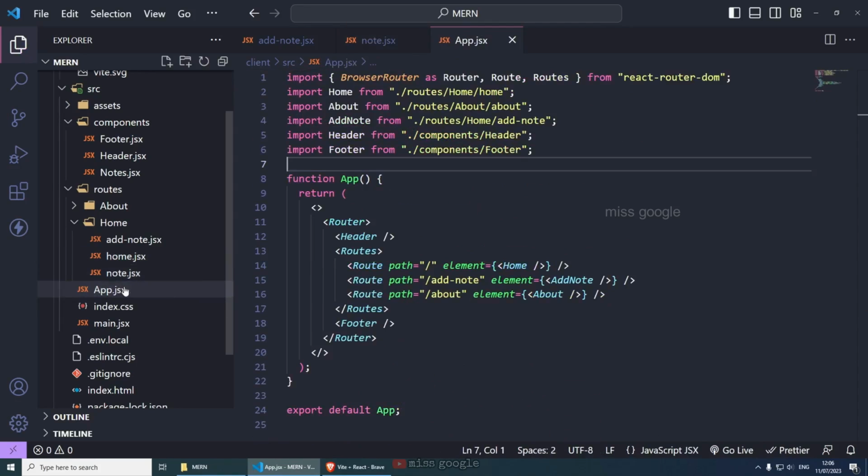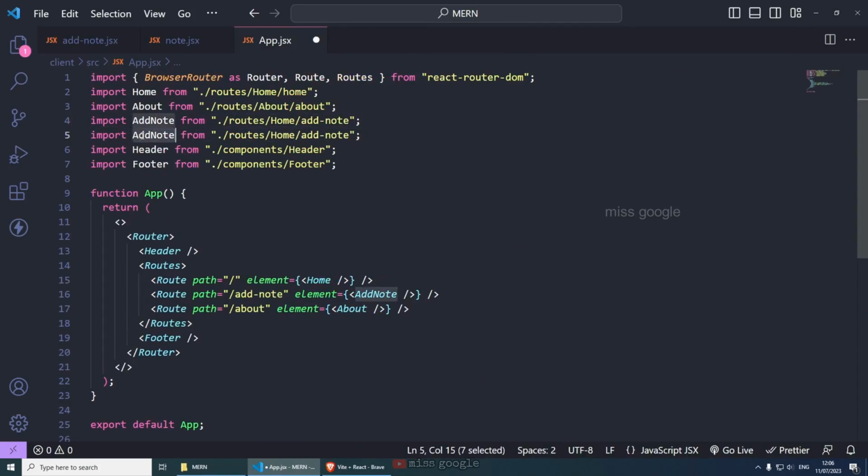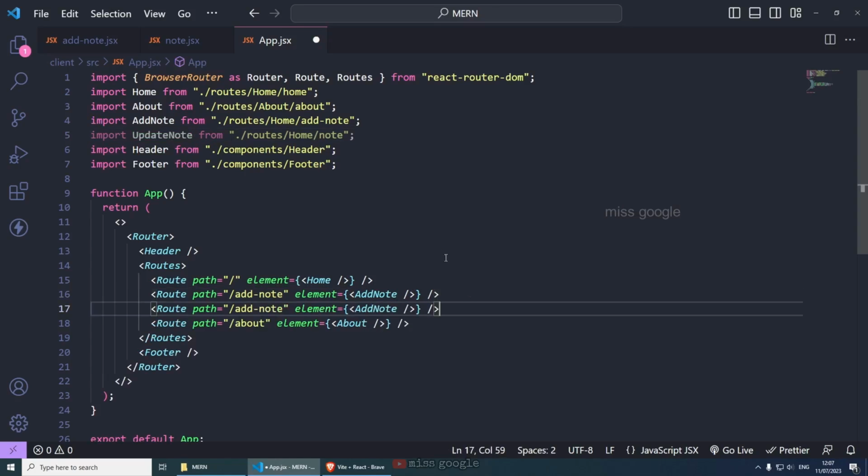We do need to include this into app.jsx. So add note, we're going to do update note maybe, or view node, whatever. And then this is going to be, I think I just called the node. And now we can insert it inside here. So app,